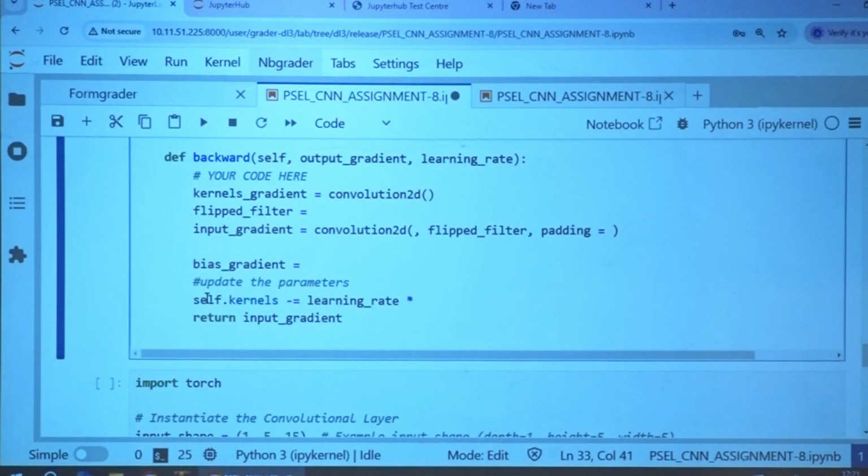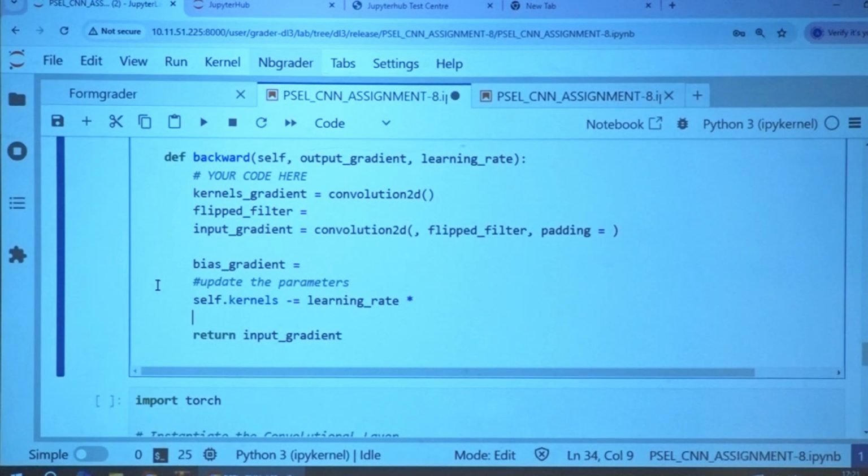Once you calculate the kernel's gradient, do it. Similarly, self.biases. These are the parameter names which I took. Learning rate multiplied with the gradients whichever you are calculating for the bias and the kernels.